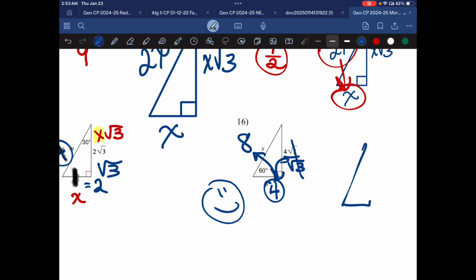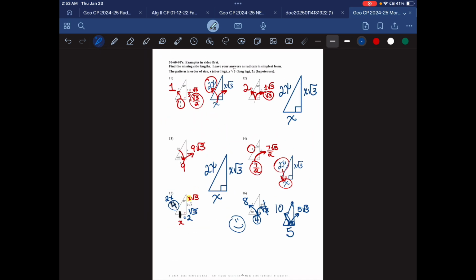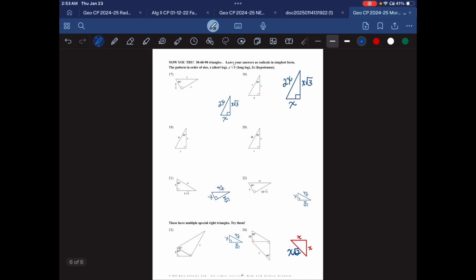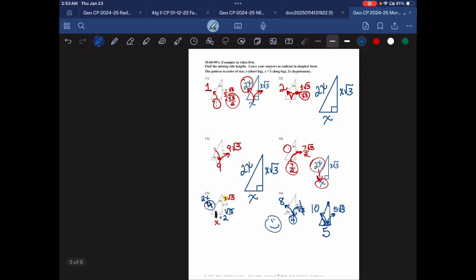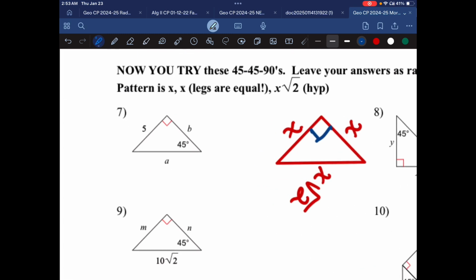So again, 30, 60, 90. The short side is your base. Everything's based on the short side if you want the work to be easy. Okay? It's that simple. So you go ahead and do the practice problems. And then check with a buddy. And when you're done doing that, go back to the practice problems here, and you can check your answers for